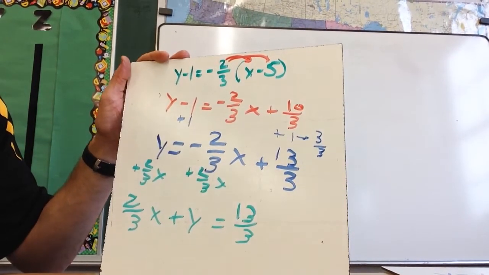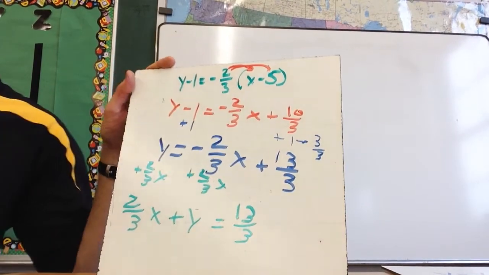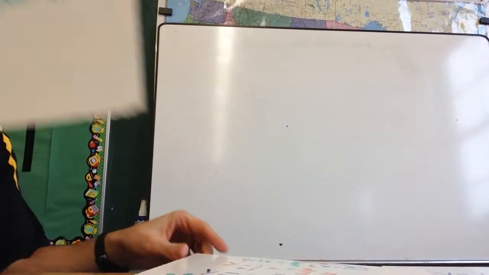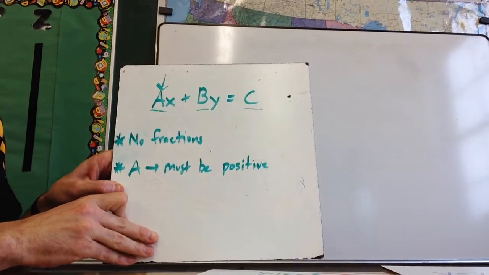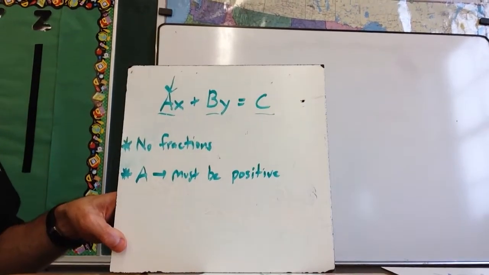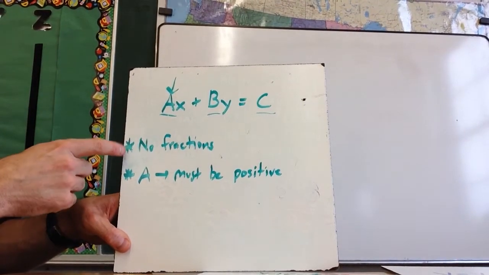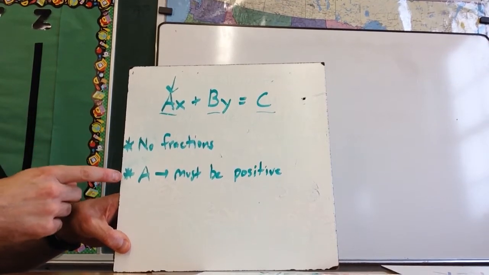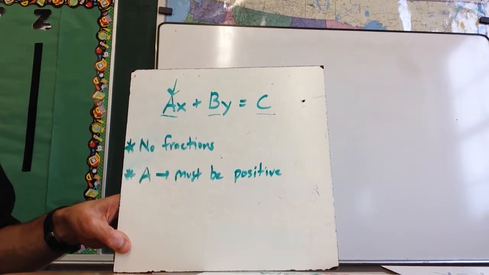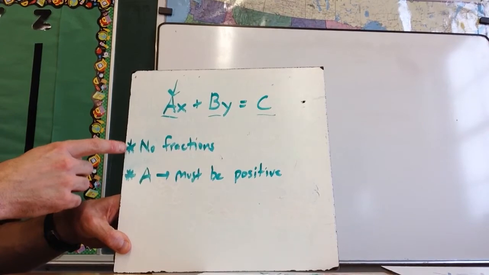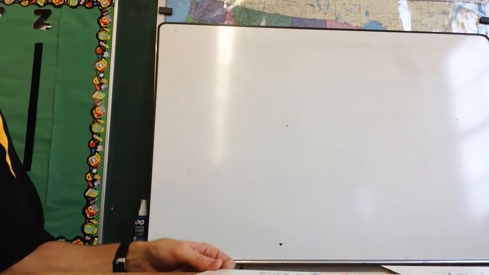Okay, but remember now I'm violating one of the rules. Let's bring that slide back for a sec. So at this point the a is positive, right? It's positive 2/3, but my problem right now is that I have a fraction. So had it been negative, I would have to multiply everything by -1 and I could bring it back, but now I got to get rid of this fraction. So in order to get rid of this fraction,